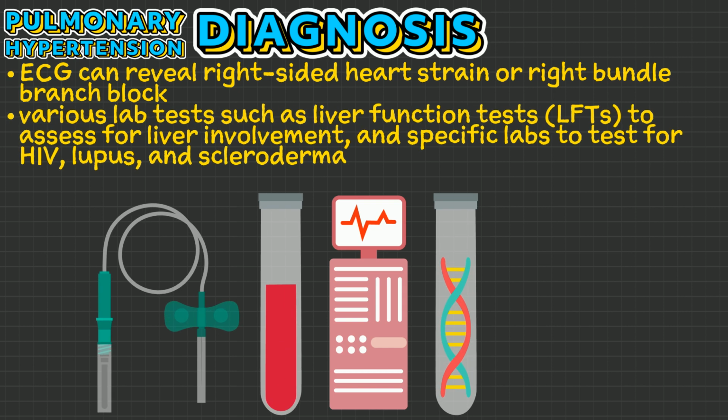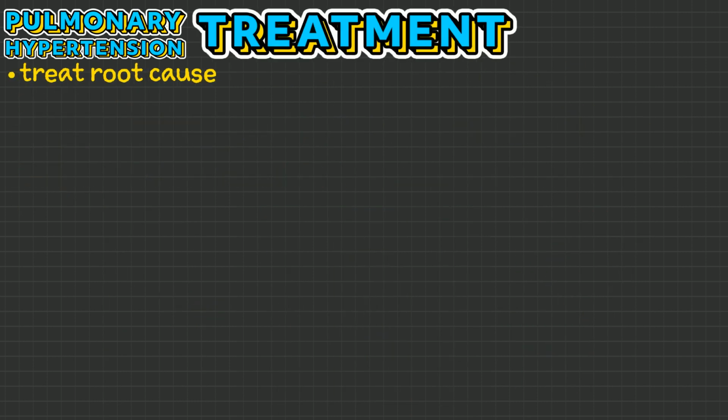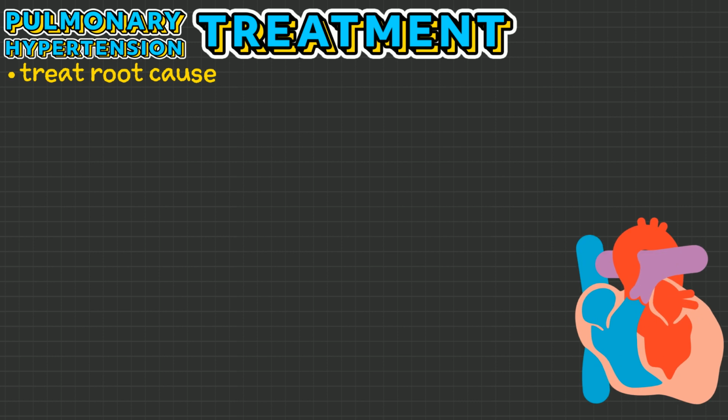Various lab tests can also be completed, such as liver function tests to assess for liver involvement, as well as specific labs to test for HIV, lupus, and scleroderma. Right heart catheterization can also be performed, which involves a catheter being inserted into the pulmonary arteries to measure pulmonary artery pressure. The treatment of pulmonary hypertension involves treating the root cause, whether it be left-sided heart failure or a